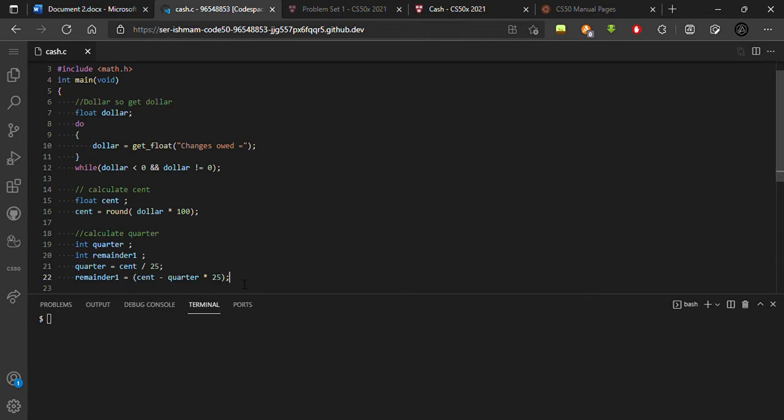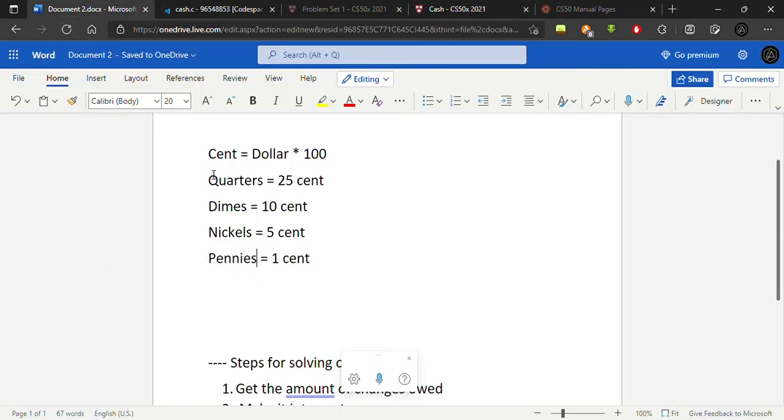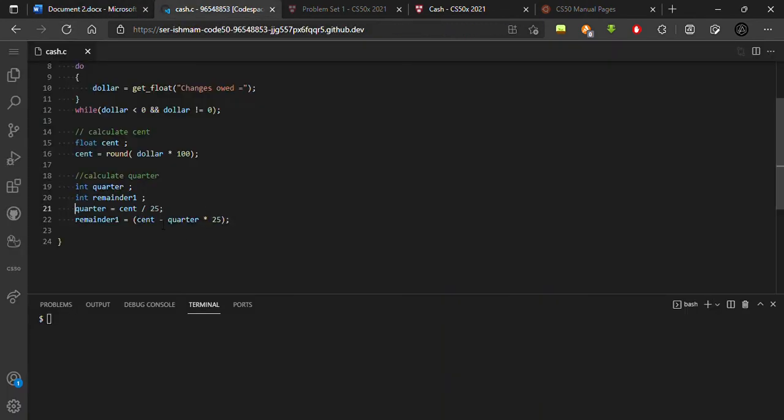So I am now going to explain this digital thing here. Firstly you are taking an integer named quarter, then an integer named remainder, and here is how it works. Quarter is the number of quarters you are going to change. One quarter is equal to 25 cents. So here is our total cents